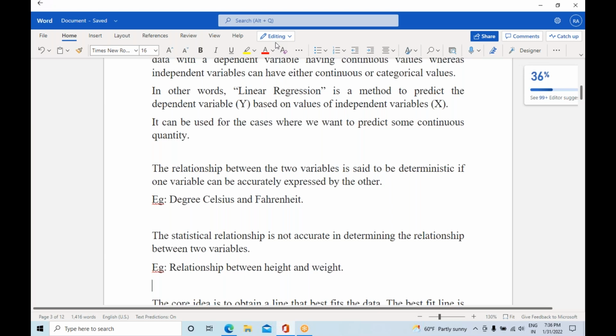Sometimes we see one person's height is very high but the weight is very low. Sometimes the height is very high and the weight is very high. Sometimes it can be medium, right? Yes or no? Sometimes the height is very low but the weight is very high. So there are a lot of situations, and you can't accurately give the relationship between height and weight, so we call that not deterministic. Is my point clear?